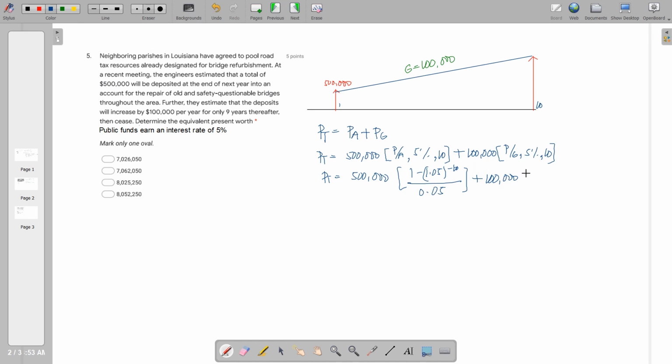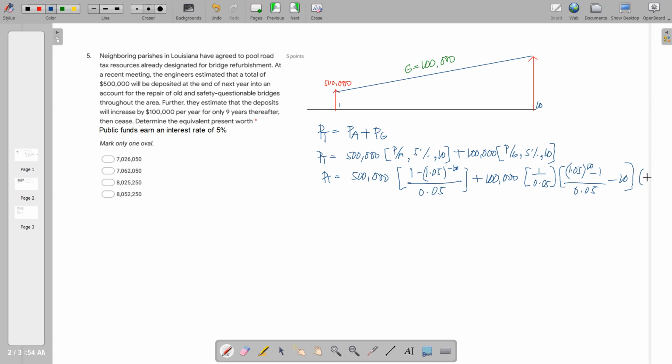And the formula in here is 1 all over i, that is 0.05, and then we have 1.05 raised to 10, minus 1 all over 0.05, minus n, this is 10. So we still have to multiply this by the single payment present worth factor